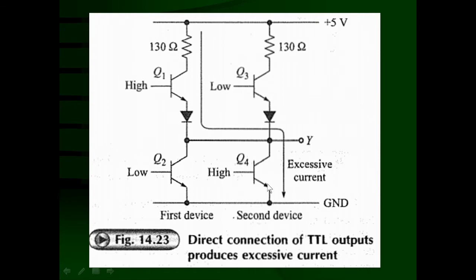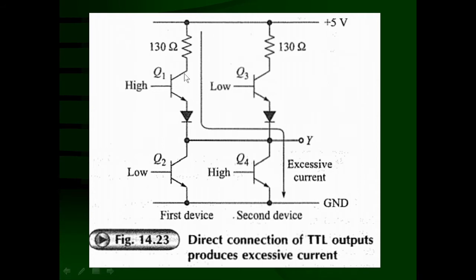So what is the direction of the current in that case? If these two outputs are shorted like this, between the power supply, this and this, the current direction is from the positive terminal of the power supply through 130 ohms resistance, through 1K, coming from collector to emitter, through the diode D1, and it will go to the transistor Q4, and through Q4 from collector to emitter, current will be sinking to the ground.